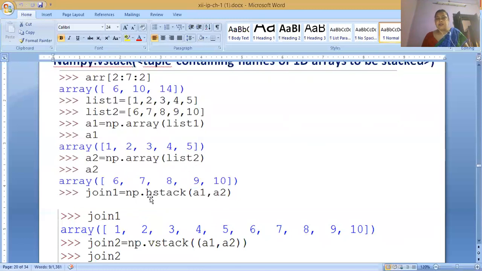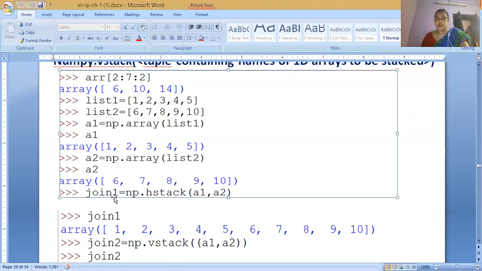Here we join the one-dimensional arrays using the hstack method, and we are passing two arguments a1 and a2, and this value will be stored in join1, and when we print join1, it will give the combined form of these two one-dimensional arrays a1 and a2. Here we use the hstack method. In hstack, two one-dimensional arrays combine horizontally.